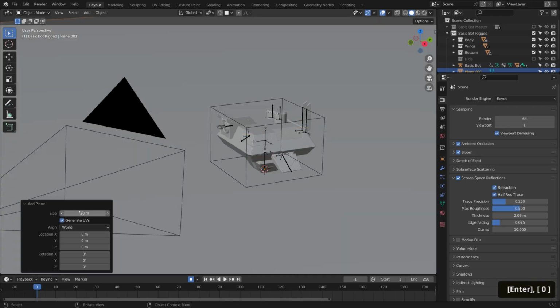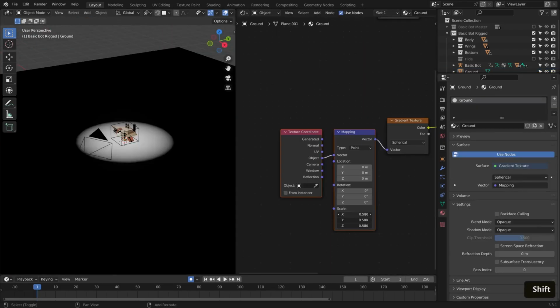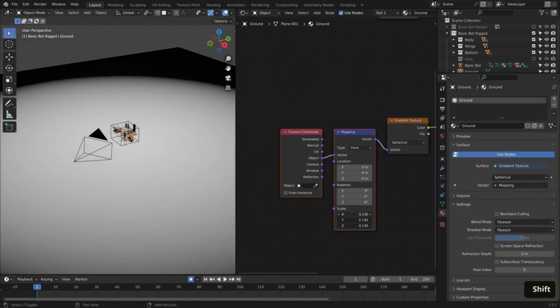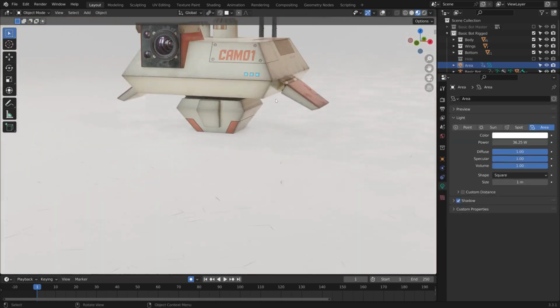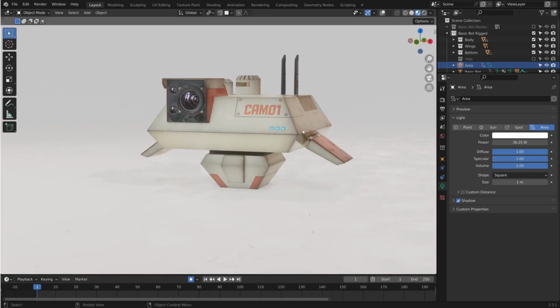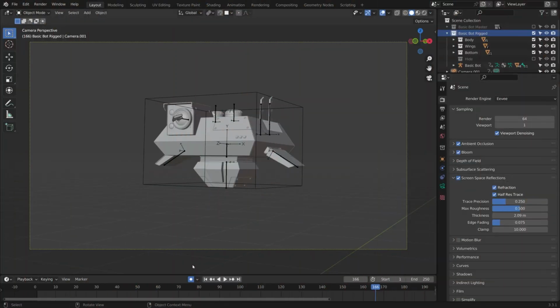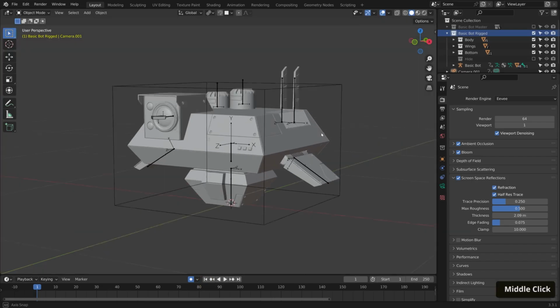In this video, we will be creating a ground plane that fades off gently into the background. We'll also be using our scratch and roughness mask nodes to put together a simple material. But before we do any of that, let's just rewind our timeline to frame 1 and jump out of our